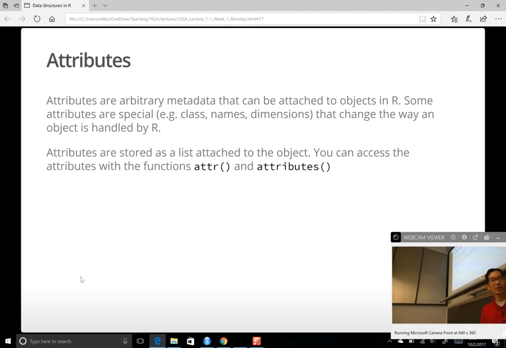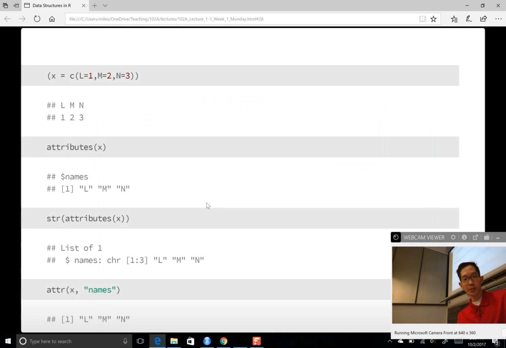Some of the attributes are very important, such as the class, the names, and the dimensions of the object, and that's probably going to be your most familiar use of attributes. But attributes can really be anything, and you can access them using either the attributes or attr function. So for example, if I create a vector with named elements,